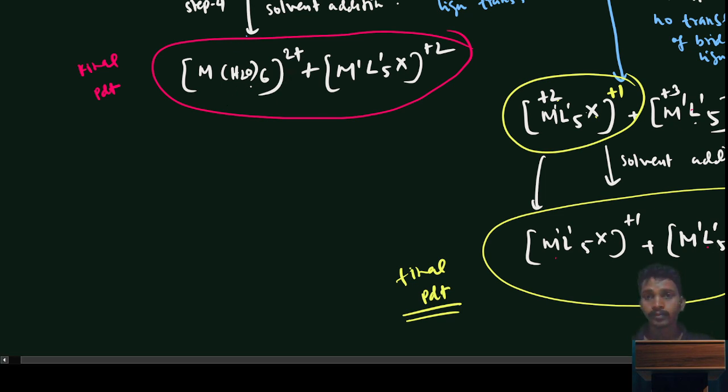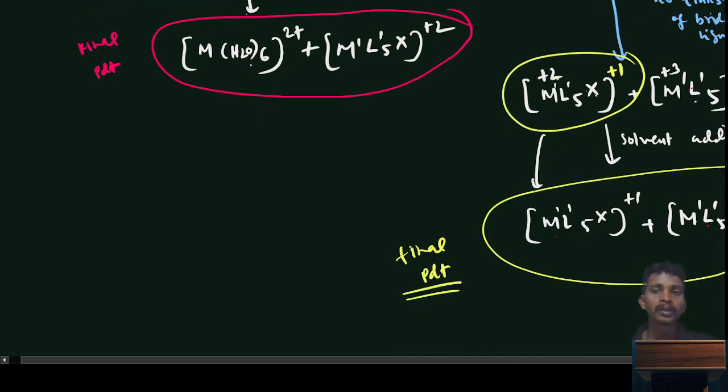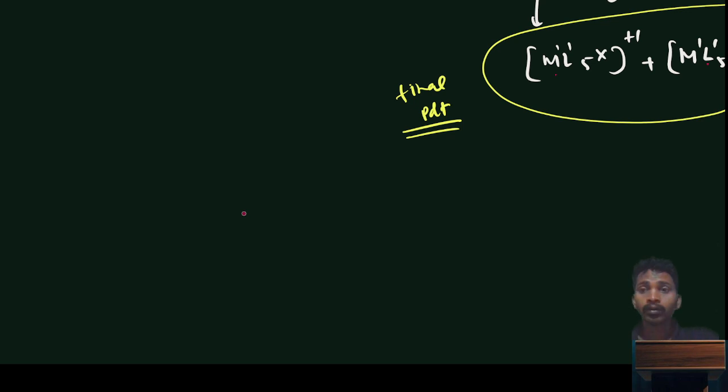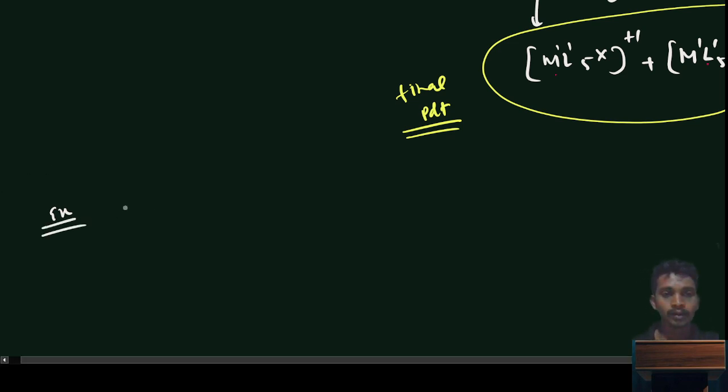But in this case, all ligands are replaced with water if it happens with ligand transfer. Okay, so these mechanisms will be very clear if we discuss them with examples. Let's take examples for both cases: one with ligand and electron transfer, and one with electron transfer but no ligand transfer. So first example we have,